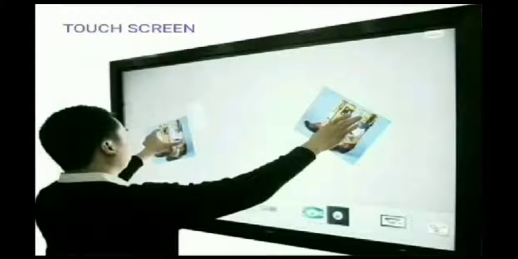On touch screen, objects, icons, images, files, etc. can be selected or respond on touch of our fingertips. As we can see in this image, the person uses his hand or fingertips for moving the image on the screen.